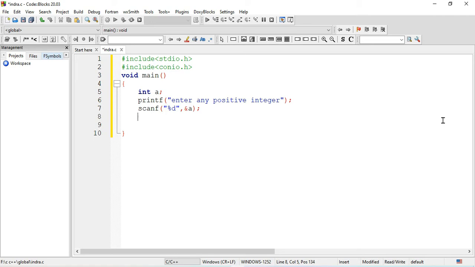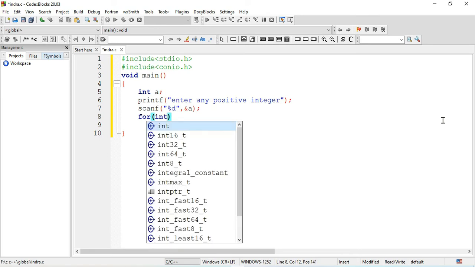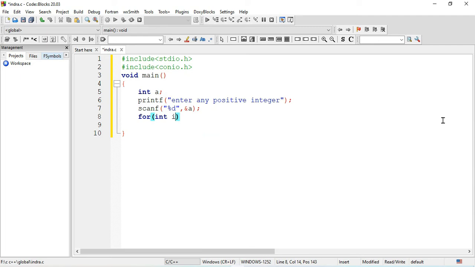For checking how many factors there are for the supplied number, we have to take the looping concept here, and let's generate all the integer numbers from 1 to that number. So taking the for loop, let me initialize the for loop with one integer type variable i, which will start from 1 to that number.